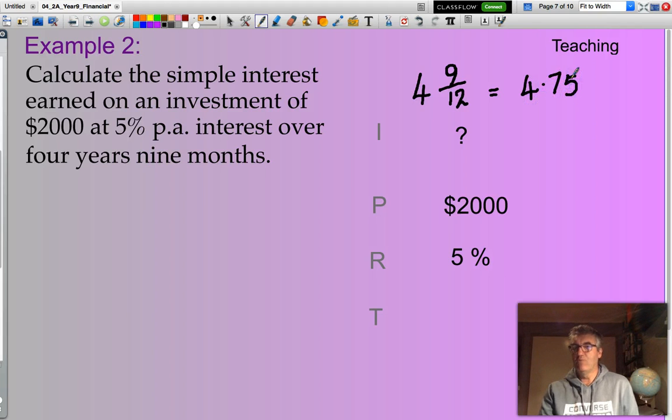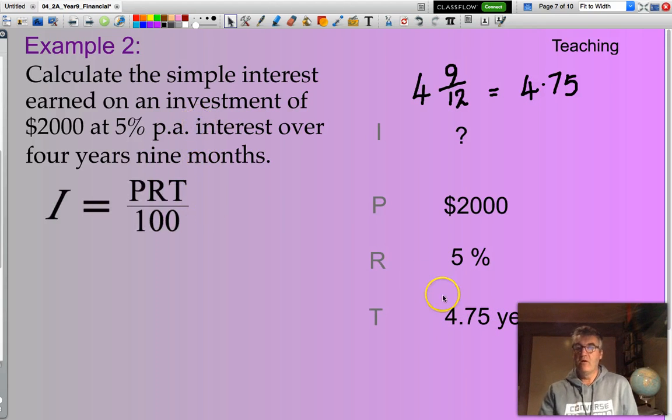The 0.75 is my 9-month component, 9 out of 12 months, and now I have 4 years. So back here, my time is 4.75 years. Over here, I substitute all those values into the formula,